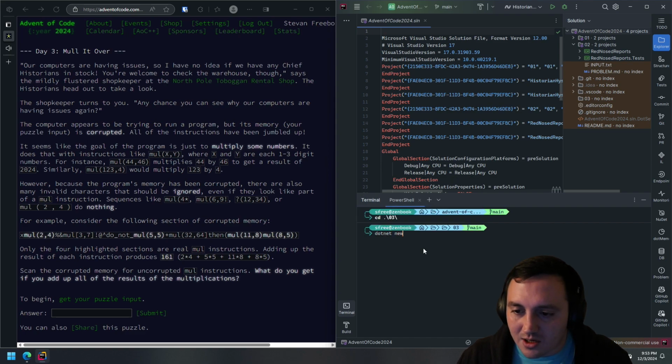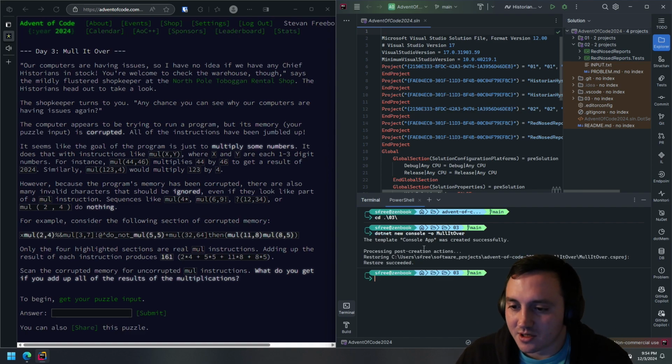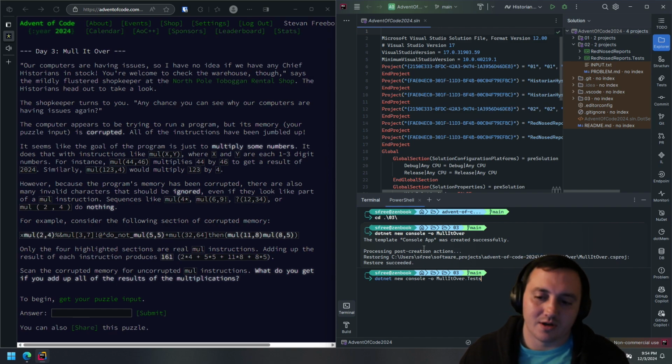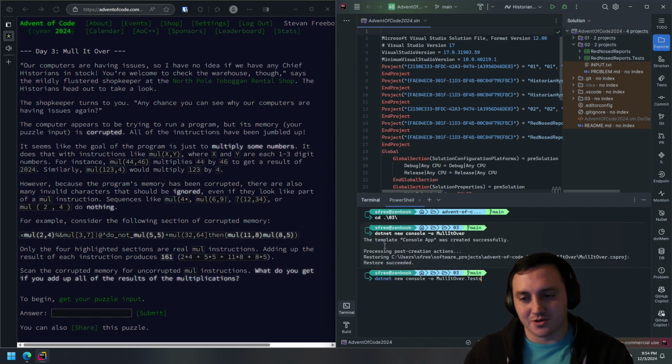We're going to say dotnet new console, and we're going to call it MullItOver. I usually just name the projects the name of the puzzle. Then we're also going to add another console app, dotnet new console -o MullItOver.Test. And this is kind of weird, using a console app for my test project, compared to if you're familiar with using XUnit or NUnit or